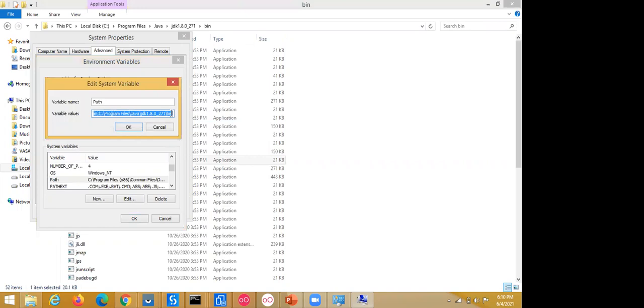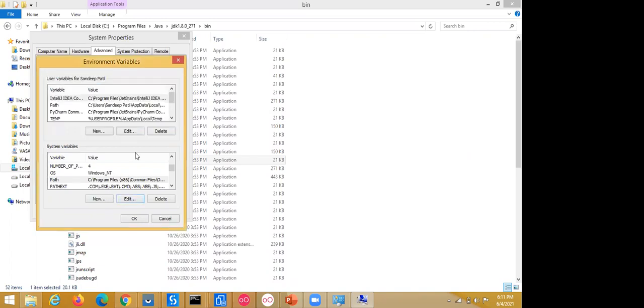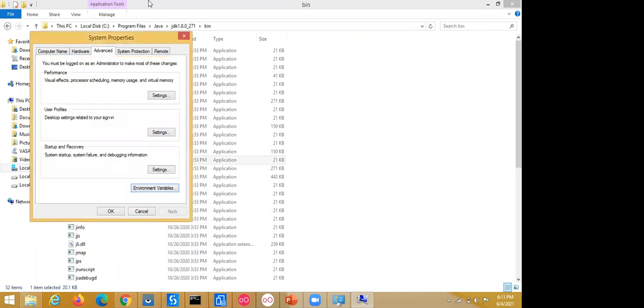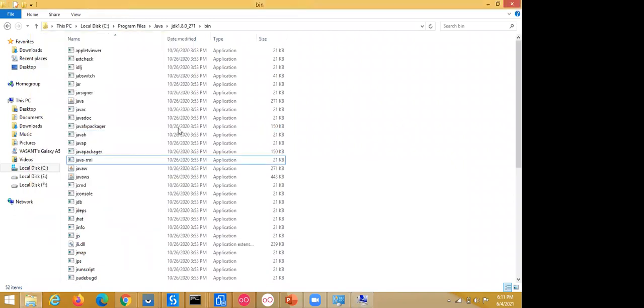I'm using Windows 8, which is why this environment window looks like this; in Windows 10 there is a difference, but you need to perform the same thing there too. Paste the path up to the bin folder and click OK. I'm clicking cancel because I've already set up the path. Then click OK and done. So now the Java installation and environment setup is done.